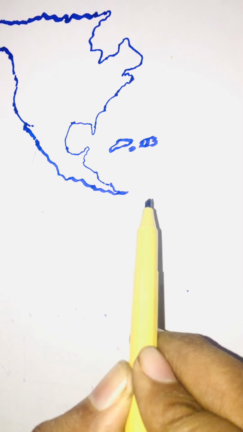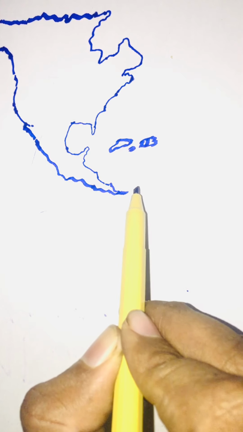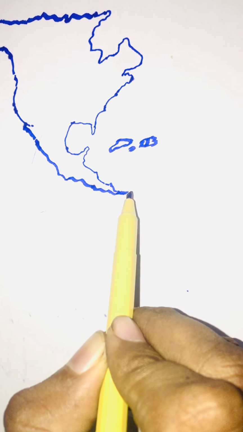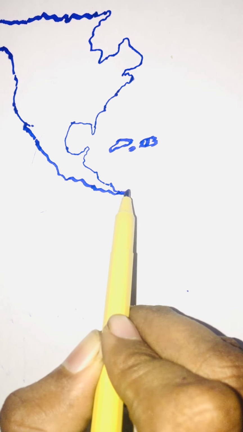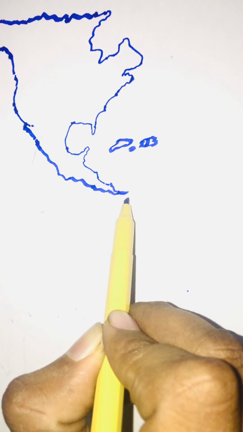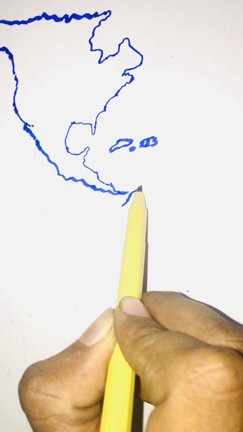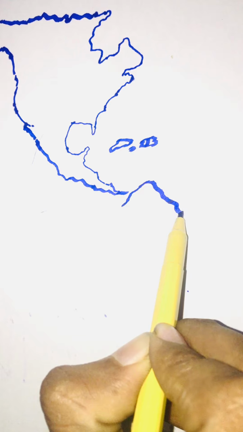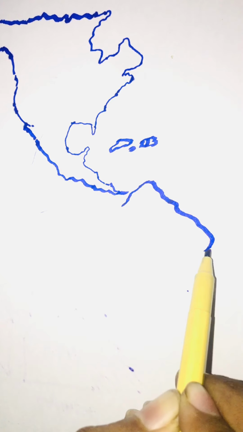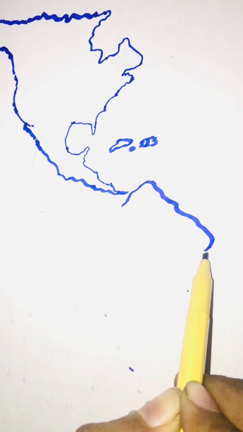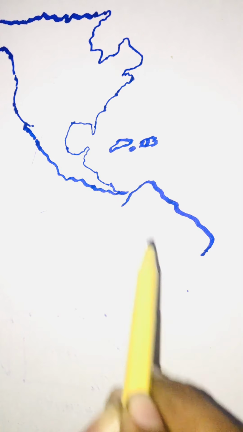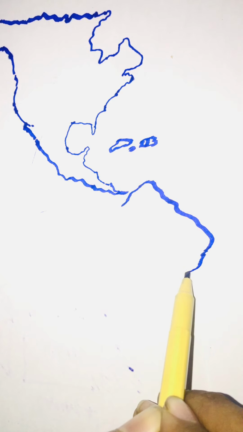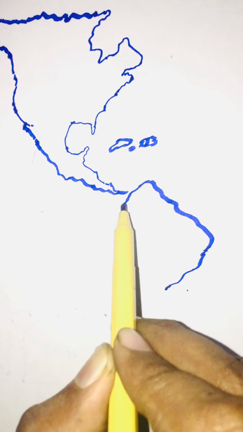Okay, so in order to draw South America, you have to keep in mind a shape of a triangle and a little peak, which you will start here, and you will go this way, and from there you will again make another peak, just like this is a triangle, this is a triangle. So just keep in mind these two peaks of triangular shape.